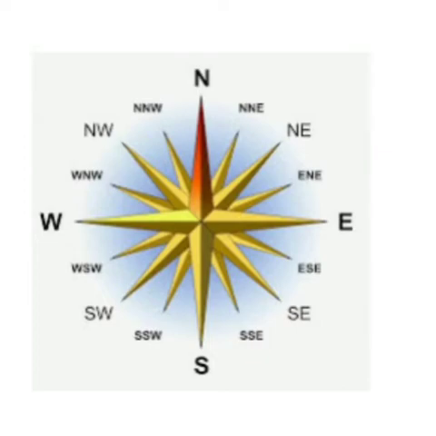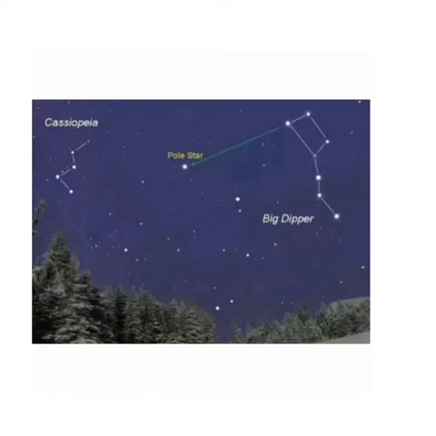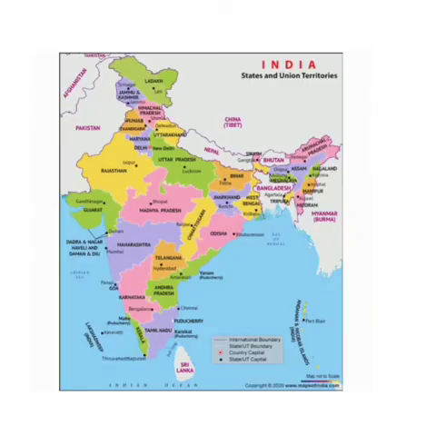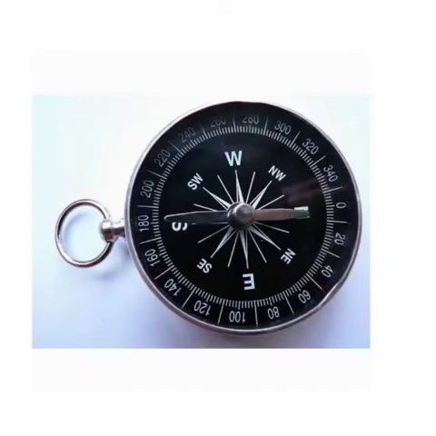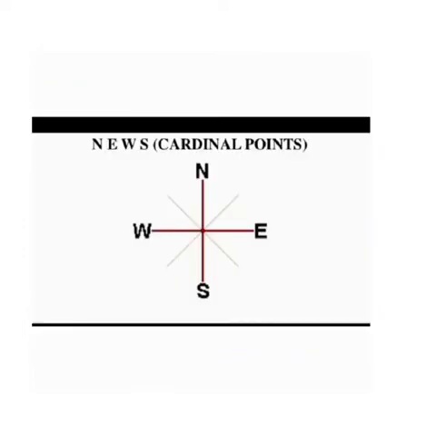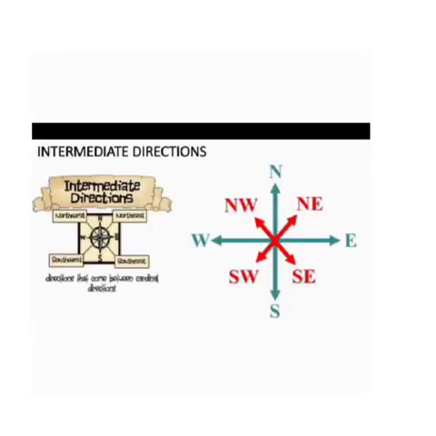That is in the daytime. If it is night time, then we can follow the pole star. The pole star never changes its position. If we face the pole star, east will be right, south will be left. So on a map, north is always on the top. We can also take the help of a compass to find out directions. We have 4 cardinal directions. These are north, east, south, west. We also have intermediate directions. These are northeast, southeast, northwest, southwest.